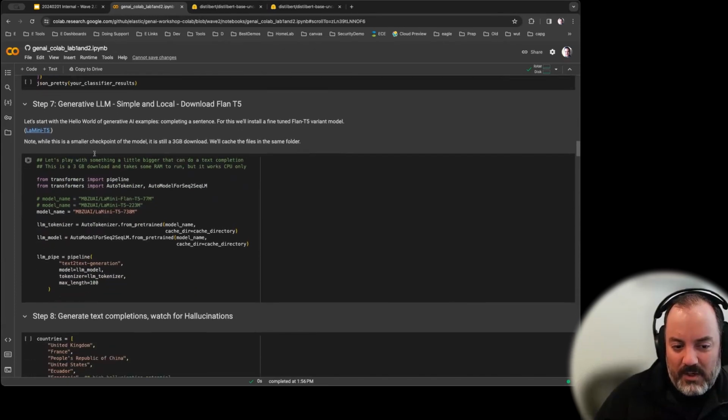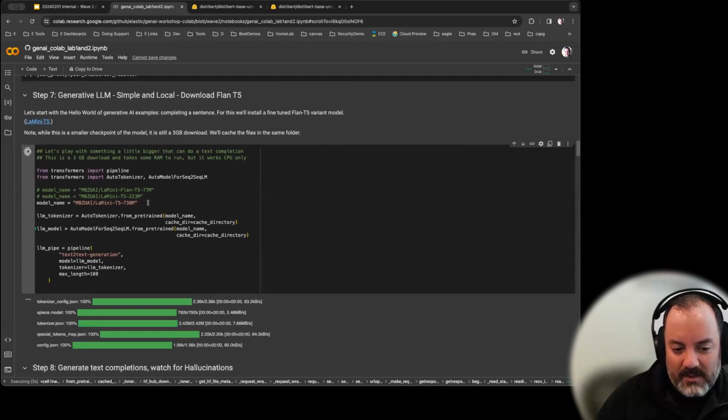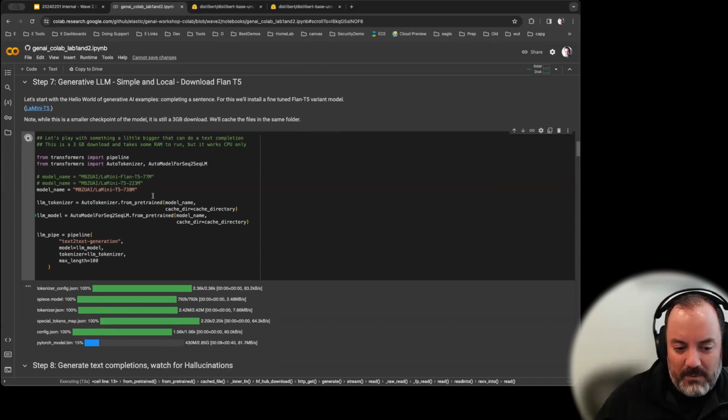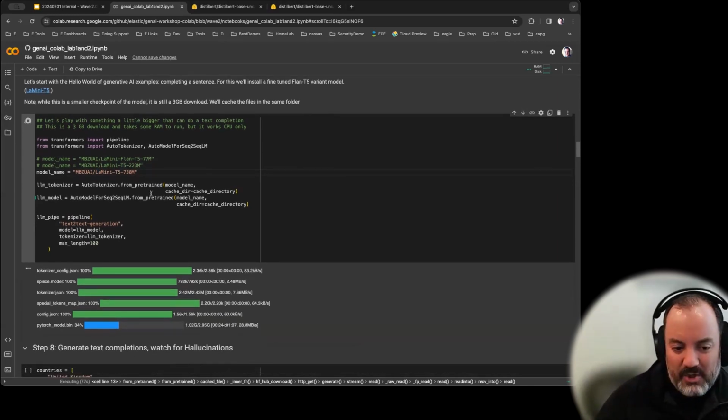All right, step seven, we're going to do the next bit, which is we are going to download a bigger large language model. This one's about 4 gigs, and it's the biggest one I could find. It still kind of fits in memory for running on a CPU-only load, so there's no GPUs required for this one. It is a fine-tuned T5 model that's been fine-tuned using information from the Llama model. So it's not actually Llama 2. It's like a miniaturized, distilled version of answers that were generated from a different, larger model, but put